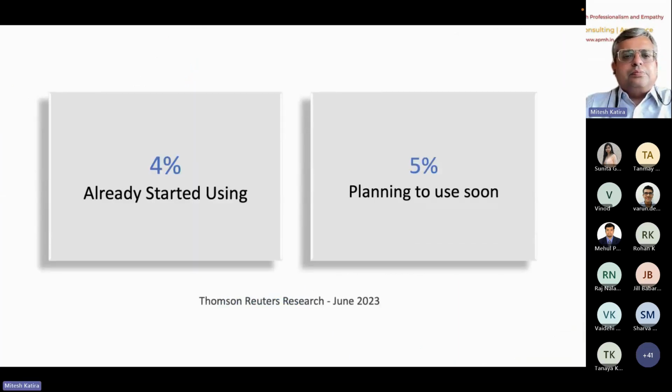You can see that already 4% are using and 5% are under planning. आज हमने देखा कि most of us are using। ये मेरा पीपीटी जो है या ये मेरा स्टैटिस्टिक जो है 3 से 4 महीना पुराना है। इतने दिनों में लगभग 8-9% एडॉप्शन ऑलरेडी हो गया है और बहुत कम हमारे में से लोग ऐसे हैं जिन्होंने एडॉप्शन बिल्कुल नहीं किया है।